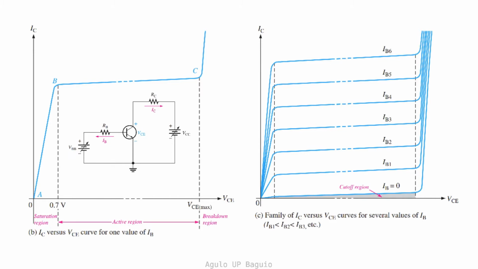VBE is forward bias, as we very well know, and has a value of 0.7 volts. If VCC equals 0, then VBC is also forward bias. As VCC is slowly increased up to the barrier voltage of 0.7 volts, IC quickly increases because VCE remains less than 0.7 volts. When both junctions are forward biased, such as in this case, the transistor is in the saturated region of